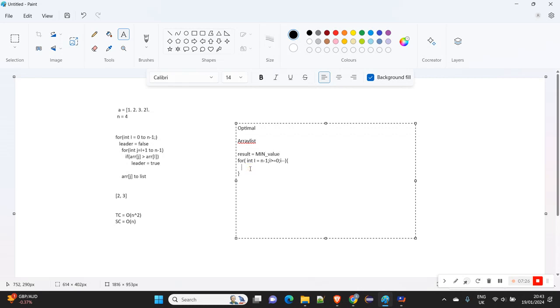Okay, so we will make a check: if array of i is greater than result, then we have a list, which will be named list. We will simply do list dot add array of i. We will add that value to our list. Okay, if we add that value, so for our answer, we get, so initially we will start with 2. So the array value we have